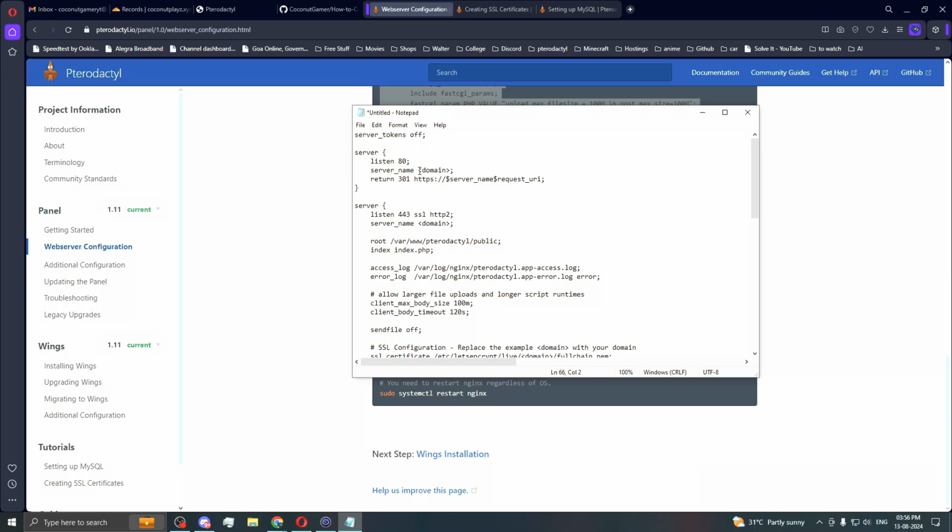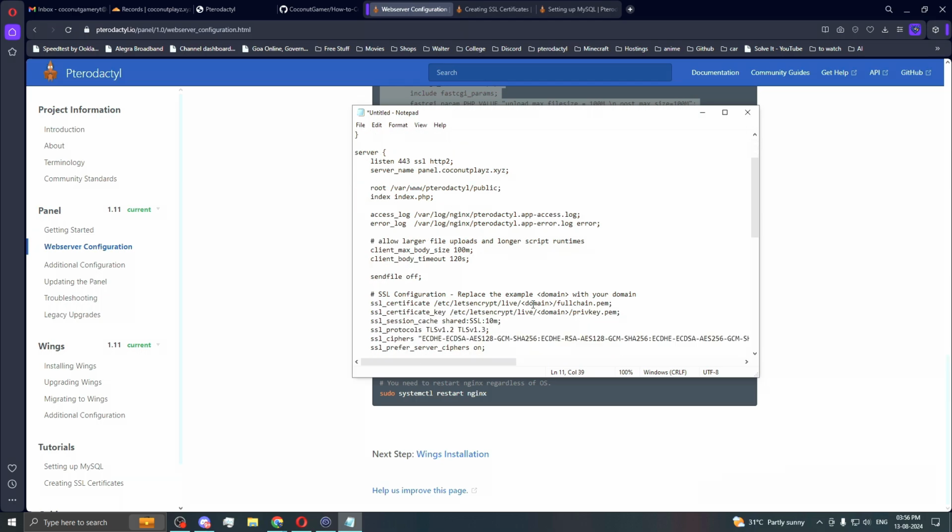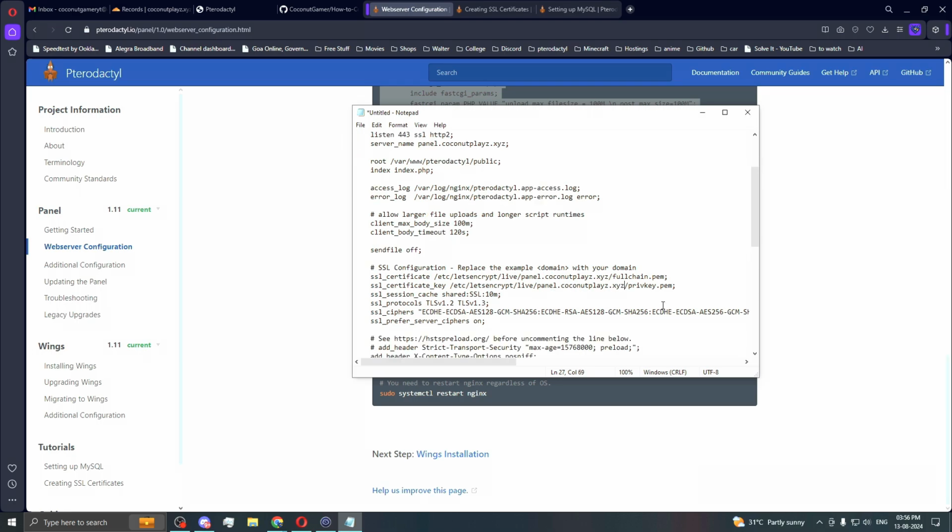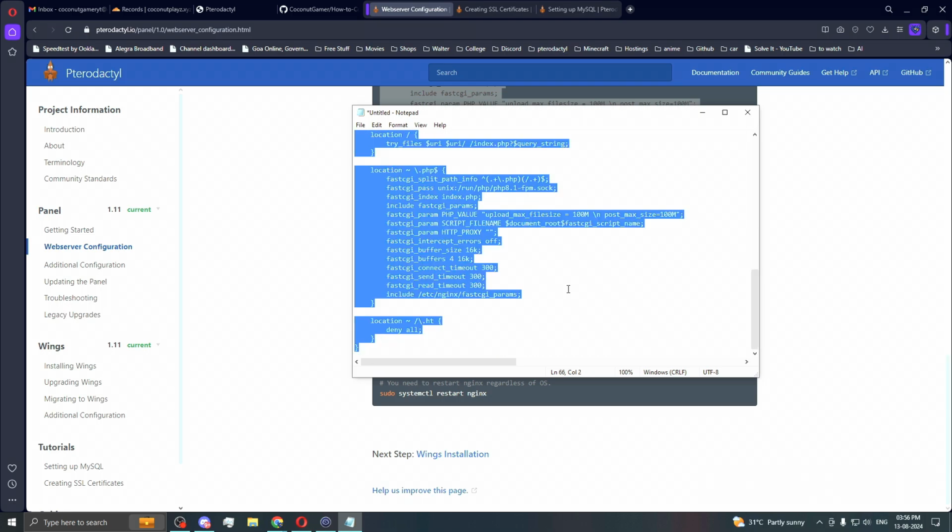And now we're gonna replace this over here with our domain name. So our domain name is panel.coconutplace.xyz, okay. And we'll copy this because we need to replace it in more places, okay, like here, paste, and there should be two more places over here, see, here and here, and we are good to go. So we need to copy this all, so Control A then Control C, okay, we copied it,